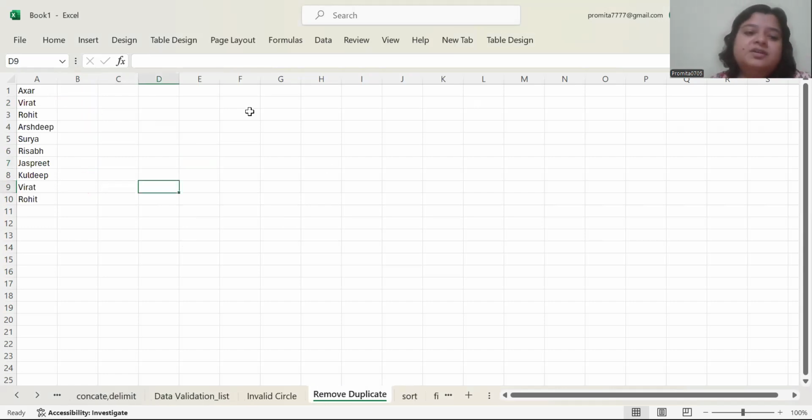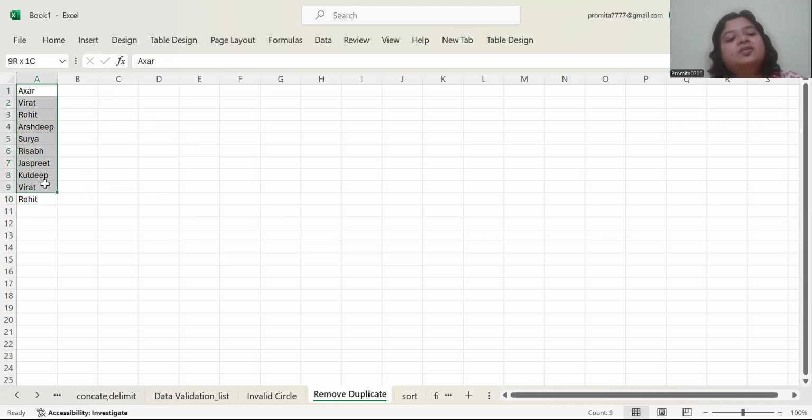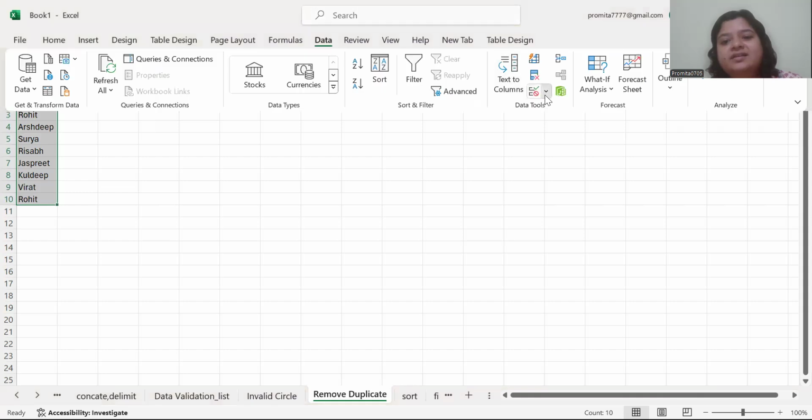Another function that comes under the data validation tab is removing the duplicate values. So here I have written the names Virat and Rohit twice. So I'll select the whole thing, click on data, and then